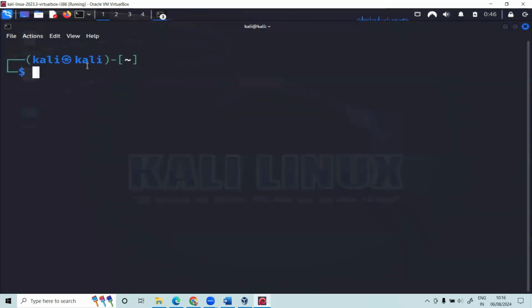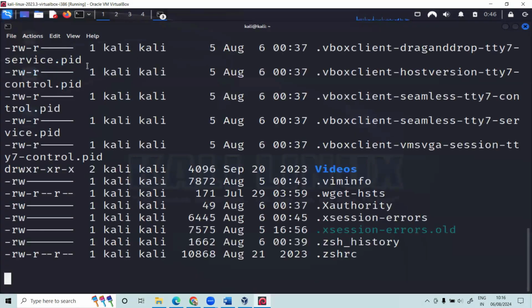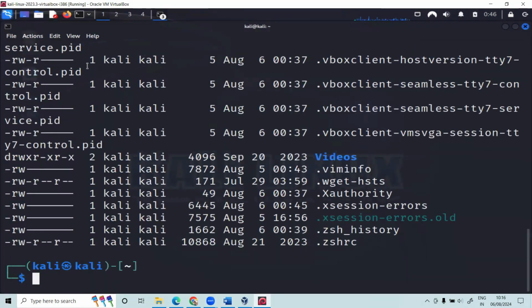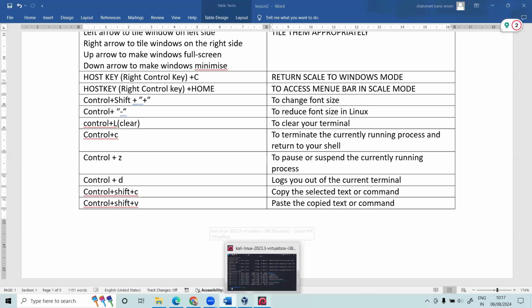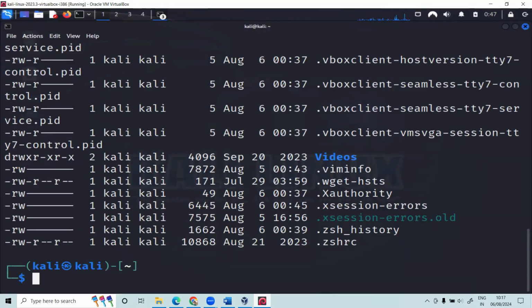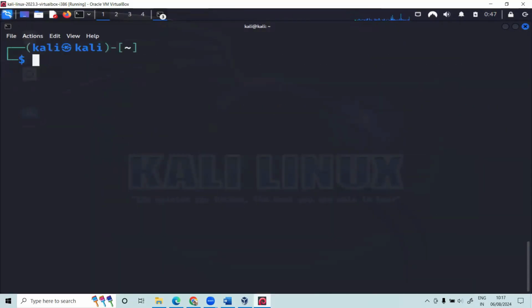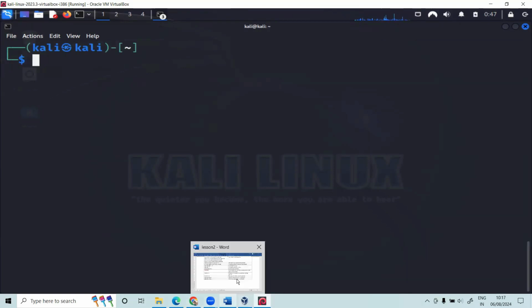Or suppose again I'm using ls minus a to display all the directories or files. Then again I want to clear this screen. Then I can use Control plus L. Let's press Control plus L. So I'm able to clear the screen by using the shortcut key Control plus L.